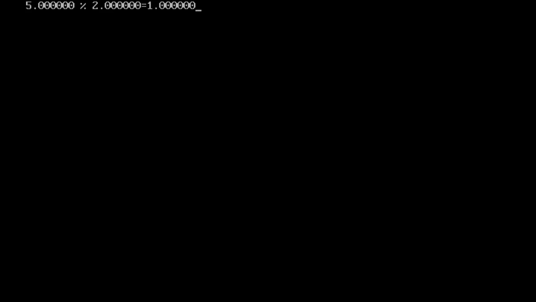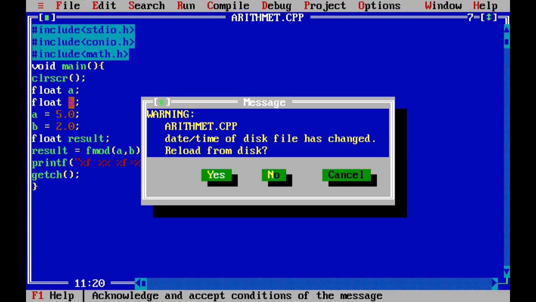Okay, so in this way, in C and C++, for floating point modulo operation, we make use of the fmod function. If values are integers, then we can simply make use of the percent symbol, or we can say percent operator, or we can say modulo operator.